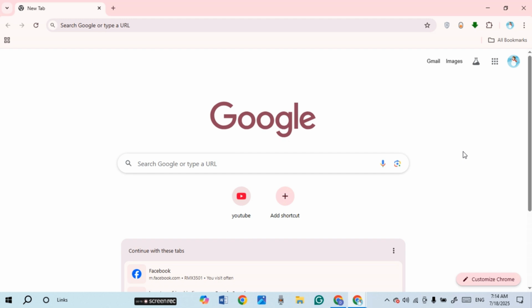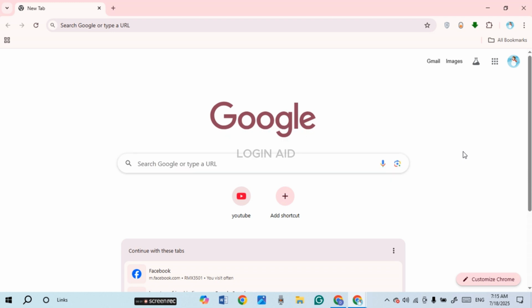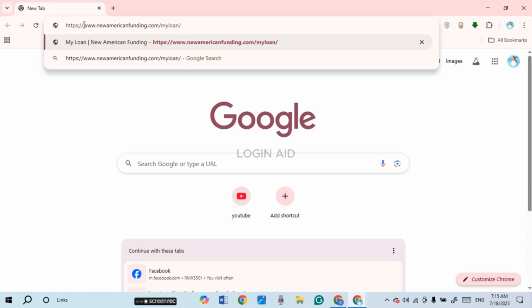In this guide video, I will show you how to log in to a New American Funding account. So first of all, what you have to do is launch any browser of your choice. You can see over here, I've opened Google Chrome. Now click on the search bar. Now what you have to do is type in this link